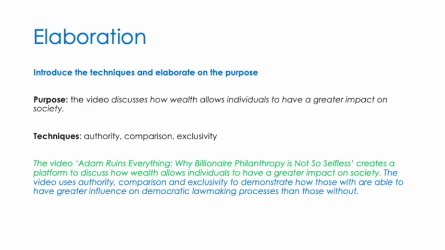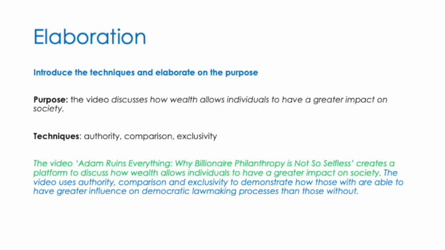The blue writing down the bottom demonstrates what this should look like. It reads, "The video uses authority, comparison, and exclusivity." So if I pause there, you'll notice that I've identified what techniques are going to be discussed in this paragraph. And then I read, "To demonstrate how those with wealth are able to have greater influence on democratic lawmaking processes